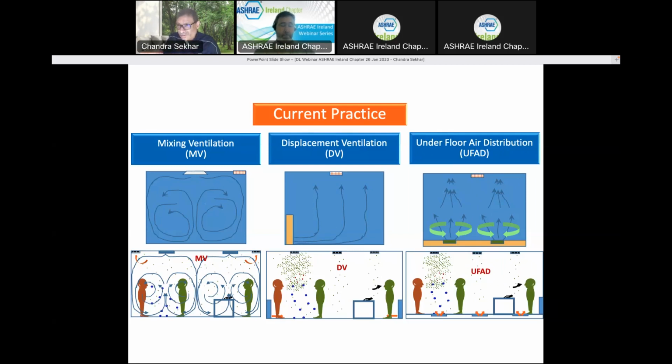You have the horizontal transmission that can potentially cause more problem than solving the problem. So concerns had been expressed in the early days of the pandemic about DV and underfloor and those kind of what we call stratified air distribution patterns, creating more challenges, more problems. And I mean, if you look at it in the overall analysis, if you let everything mix elsewhere in the room, so it's diluted equally everywhere in the room, perhaps it's not a bad strategy after all.